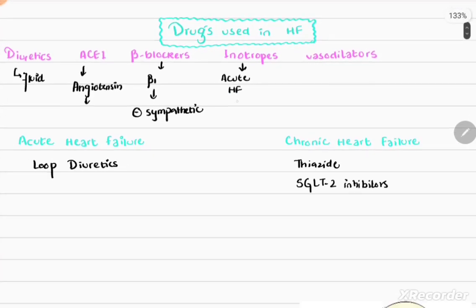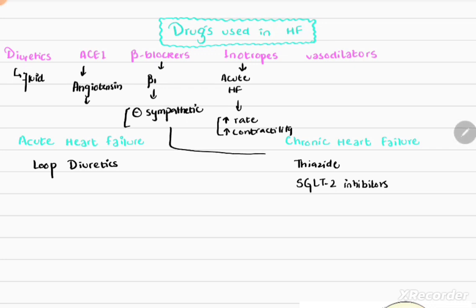These are basically used to increase the rate and increase the contractility. So it's bizarre that we use drugs which decrease the rate and contractility, and here are drugs which increase the rate and contractility. Both these drugs defy the actions of each other,